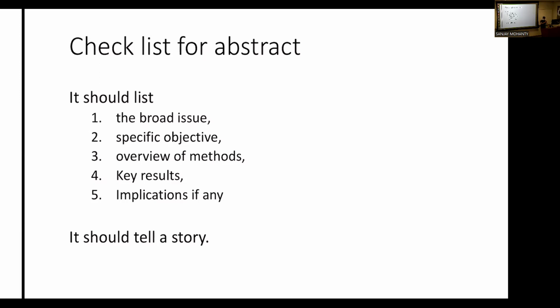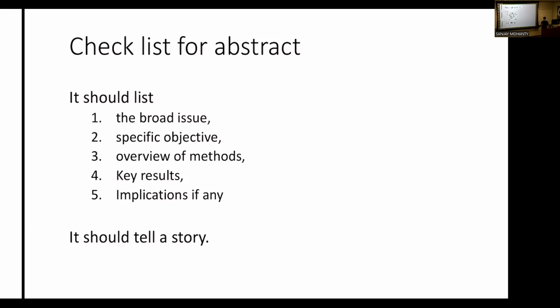Let's say it's your green roof. You have to write some broad issue related to green roof. Why did you do this project? What specific objective does your project have? And then what are the different things you did in this project? Then write the overview of the methods: these are things we tried, or we reviewed these articles, or we calculated this, and we selected the sites and tried to design a green roof for this focus. Write that so that at least somebody who reads it knows the specific objective.